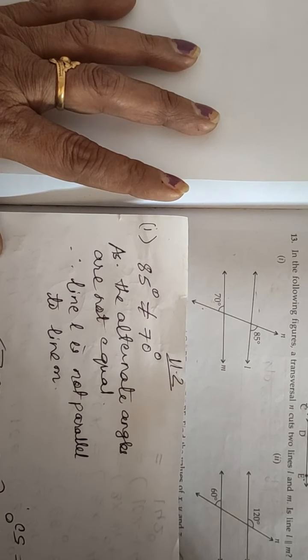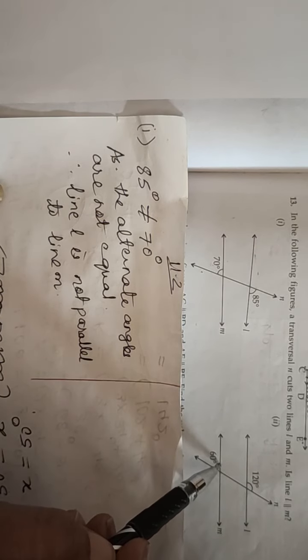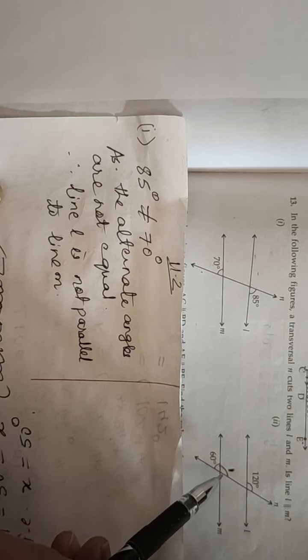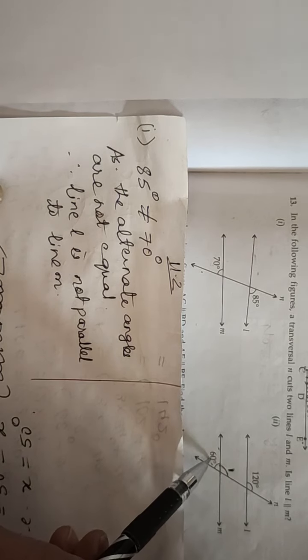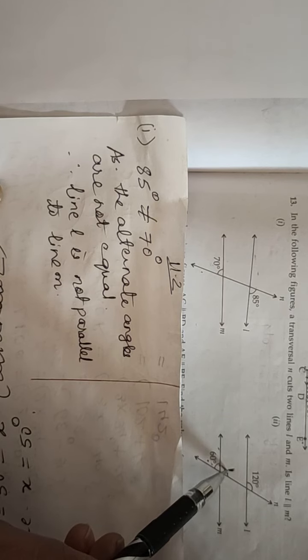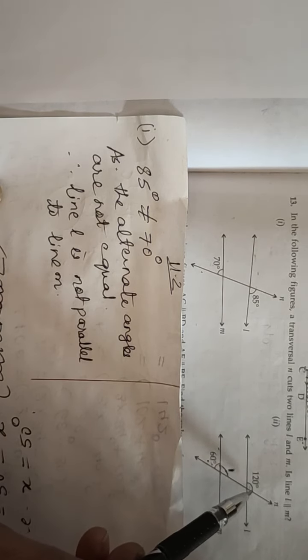Okay. Now let's check out the second figure. Now observe the figure. This is 120 and this, and suppose here we want the angle. Let me name this angle as 1. Okay, it means this should be also 120. Now let's check it out. Are we getting this 120? Yes, because you see this and these two are forming a linear pair, and sum of linear pair angles is what? 180. So 60 plus 1 is equal to 180, and angle 1 you will get 120. And now you can see this 120 and 120 is a pair of corresponding angles which are equal, hence the lines are parallel.